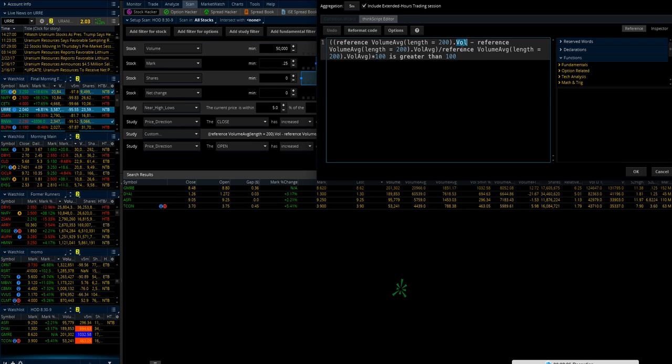I don't really know how it works, but essentially, if you take this and subtract it from the volume average of the average scale, then divide that by itself again, and multiply it by 100, it'll give you the average volume